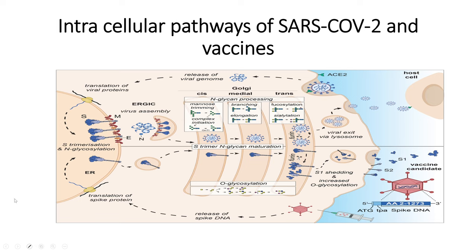Let us first understand how the SARS-CoV-2 virus actually infects the cells and takes advantage of the cell machinery. This is the SARS-CoV-2 virus, and this green part is the ACE2 receptor. The blue part is the spike protein. The spike protein of the virus binds with the ACE2 receptor. S1 helps in binding with ACE2, and S2 helps in fusion to the membrane and then entry,